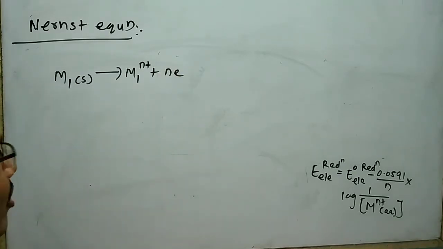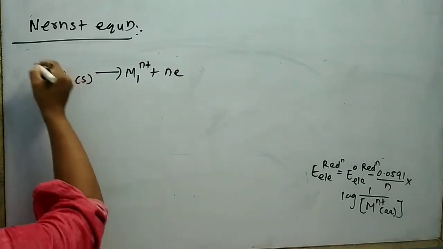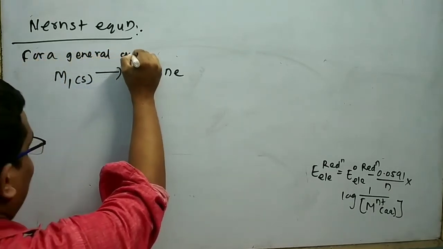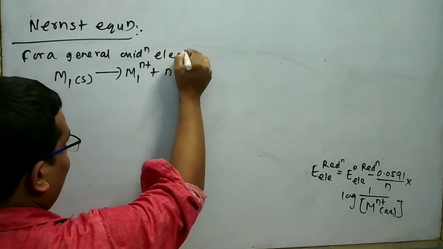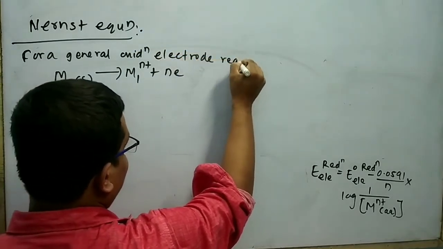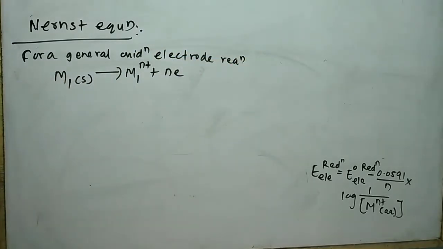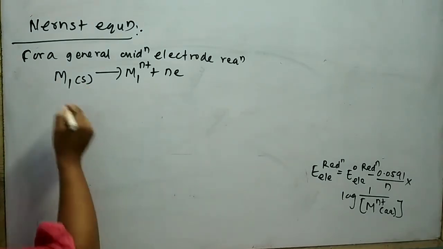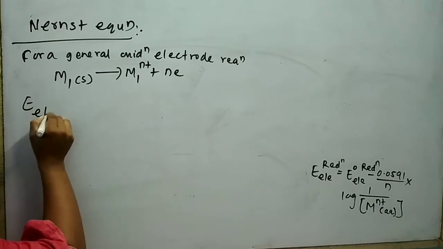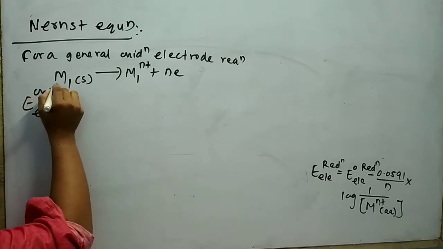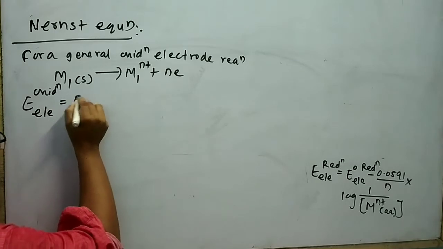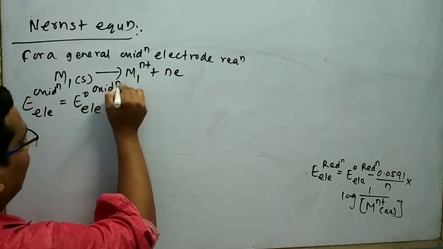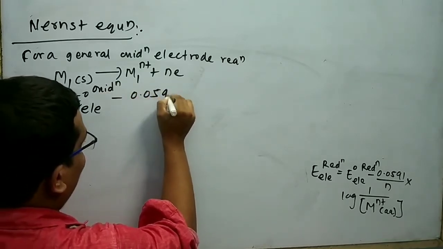This is an oxidation reaction. Suppose I can write for a general oxidation electrode reaction. This is a general oxidation electrode reaction. For this reaction, I can write the Nernst equation: E electrode oxidation equal to E0 electrode oxidation minus 0.0591 divided